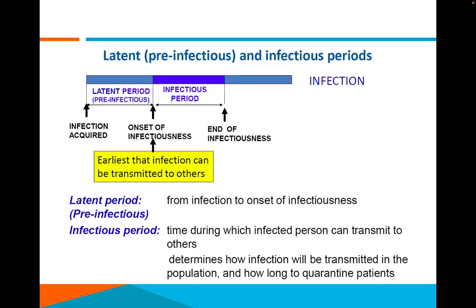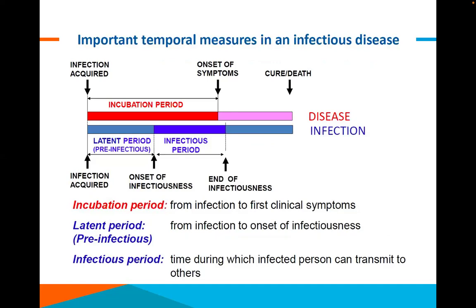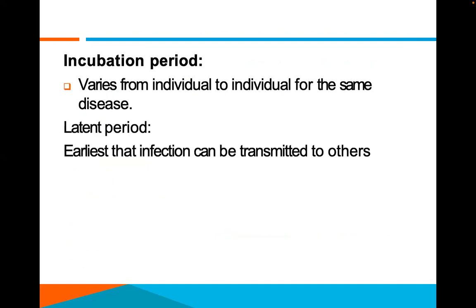But as soon as they get to a certain number where they begin to elicit symptoms, it means they have fully incubated and now they can cause an infection. After which time they die. So the latent period can be a fallow period where the organism is probably still in the system, but is not incubating because other factors are controlling it. But the infectious period is the time during which an infected person can transmit the disease. And this determines how infection will be transmitted in a population and how long to quarantine patients when a particular infection is involved. Incubation period varies from individual to individual depending on one's immune system